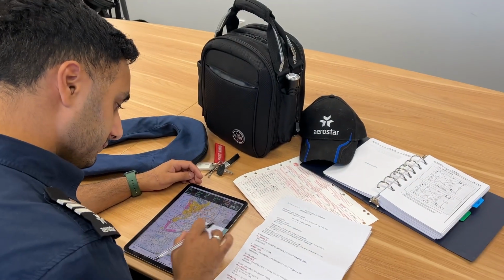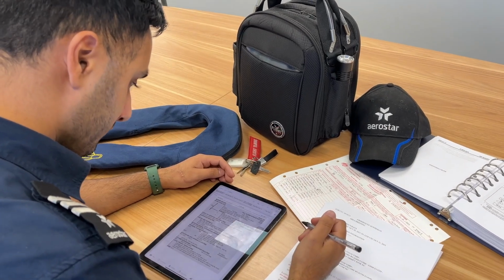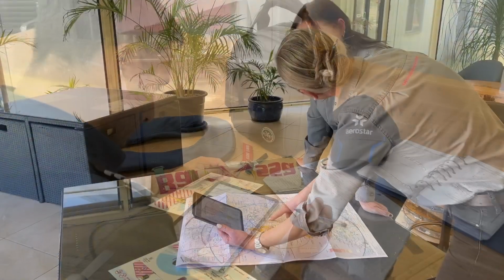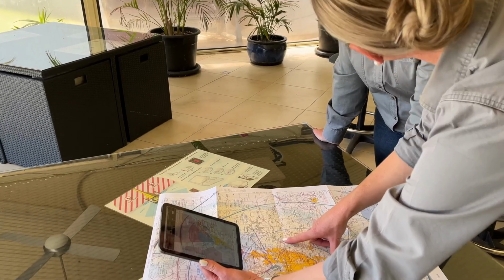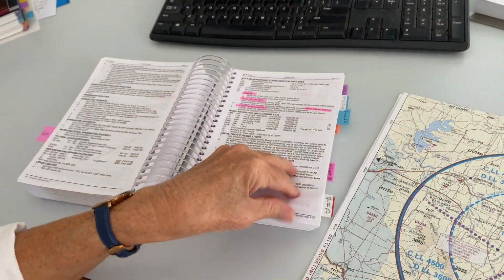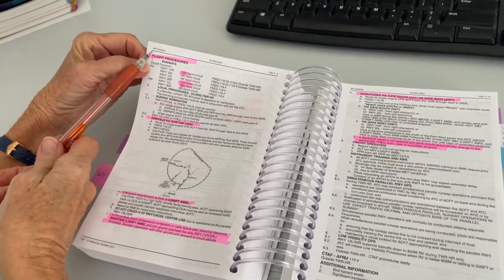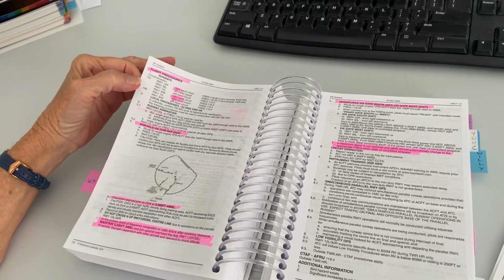The main tip I would give any pilot is to leave as little work as you possibly can to do in the aeroplane once you get there. Preparation before you leave home is the absolute key. The first point of call you should refer to is your URSA. Everything that you need is pretty much in there. The flight procedures and all the frequencies are there, all their local procedures are there. And if you read that very carefully, you'll find that very, very little is missing